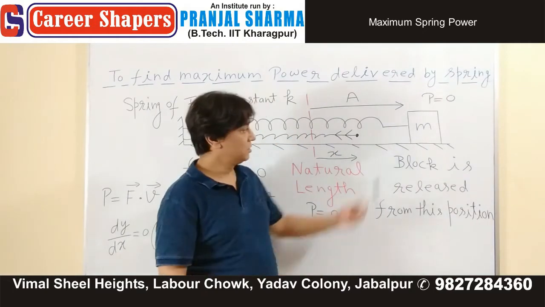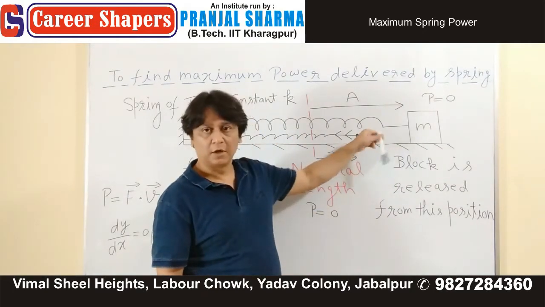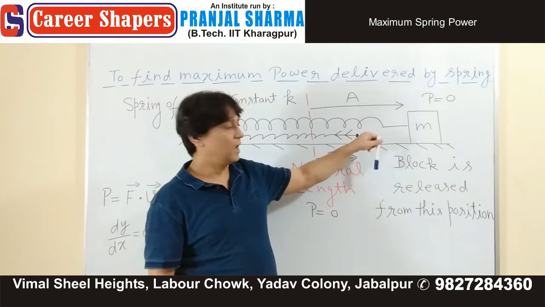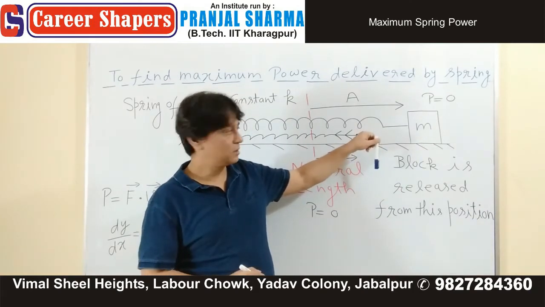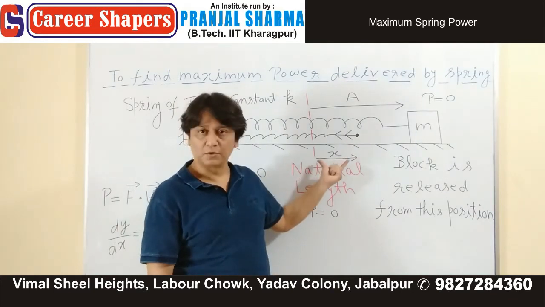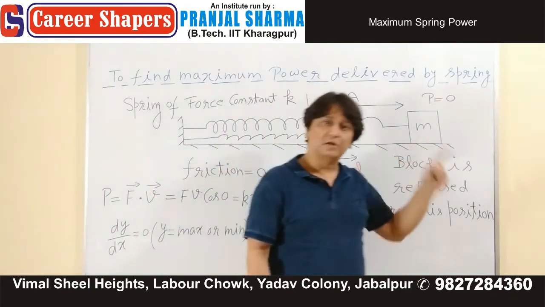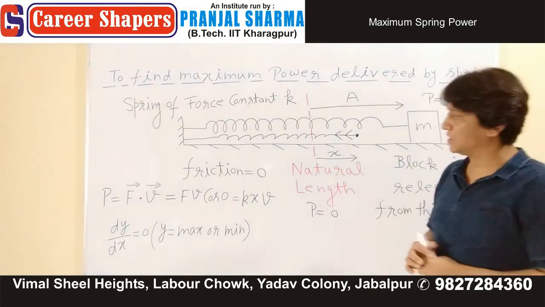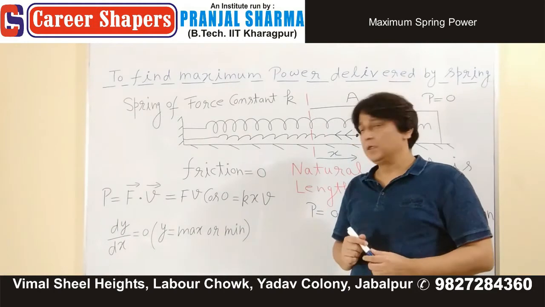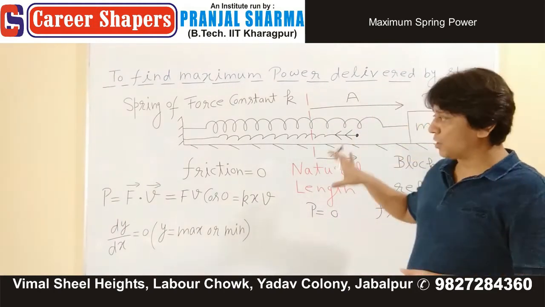Normal reaction and mg: normal reaction is simply balancing mg, and therefore we are not interested in their work. The only force present is what? Spring force. And for that, we will be using the potential energy function, which you know is half kx square. That means for this question,